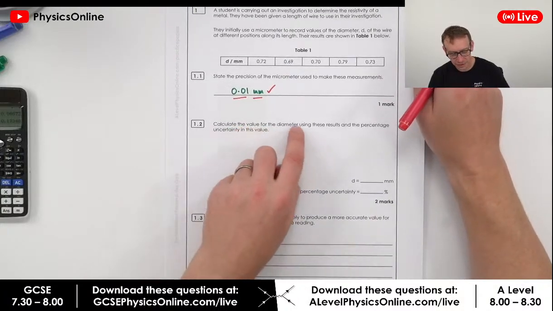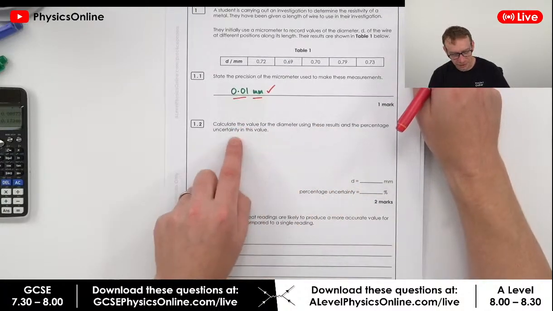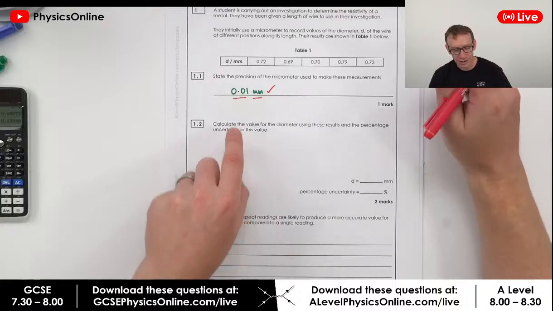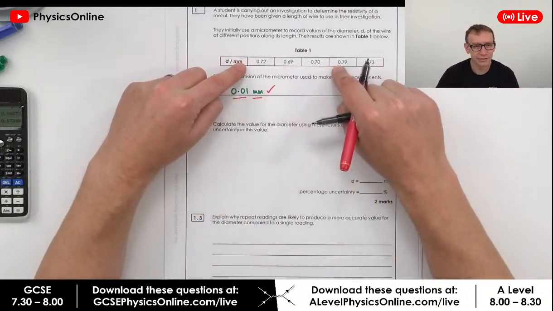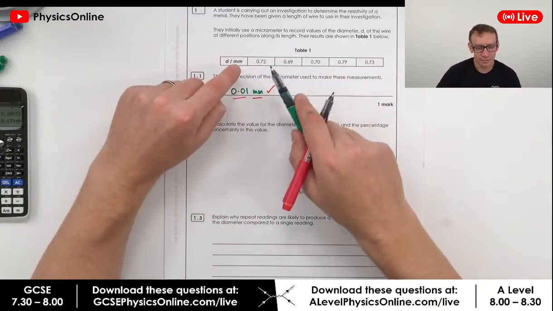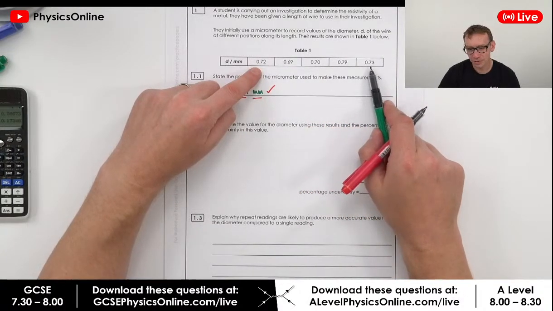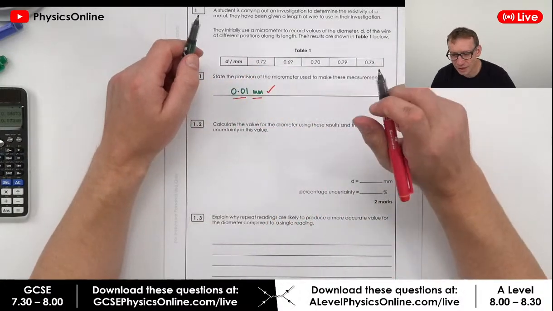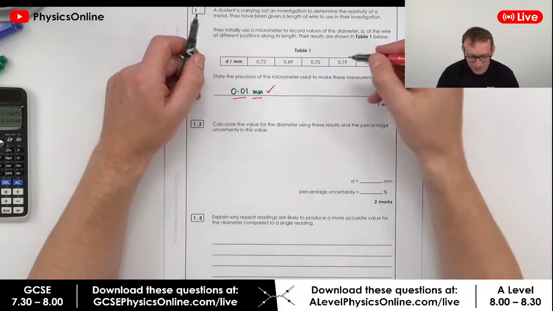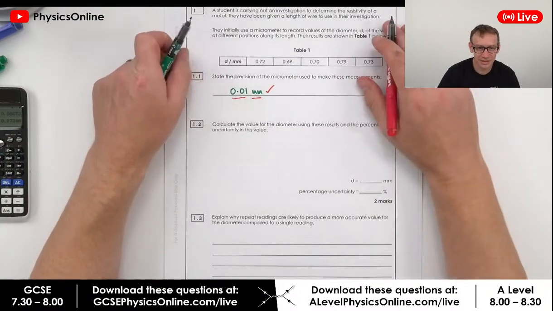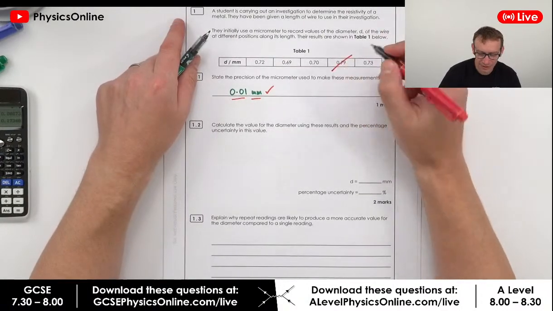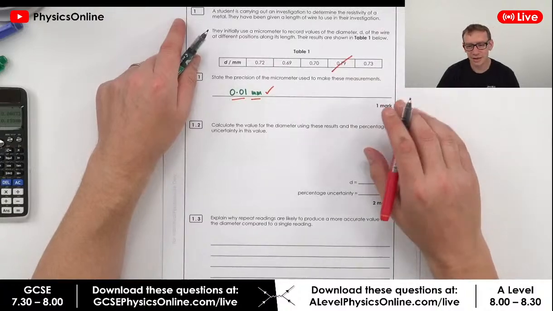Okay, calculate the value for the diameter using these results and the percentage uncertainty in this value. Looking at this data, what we have is about 0.7, about 0.7, about 0.7, about 0.8 and about 0.7. When you see this data, I would say that this is an anomalous piece of data, and therefore I discard